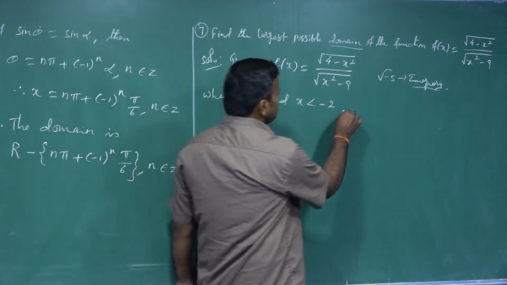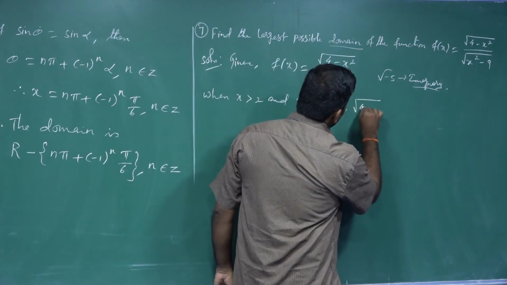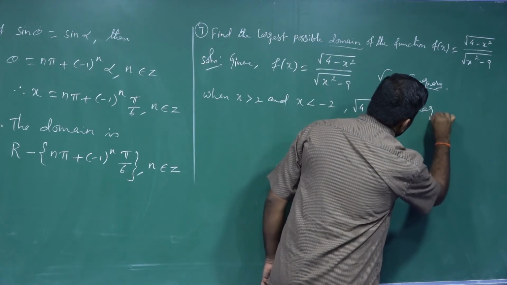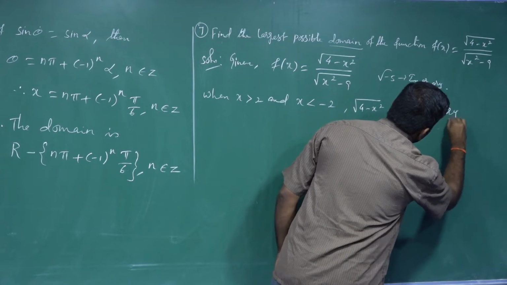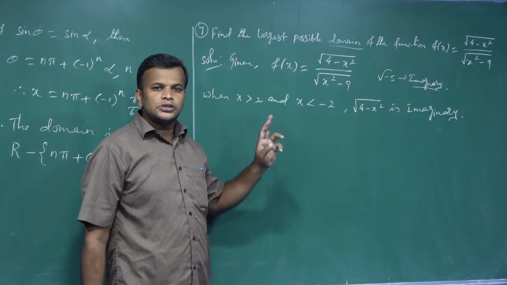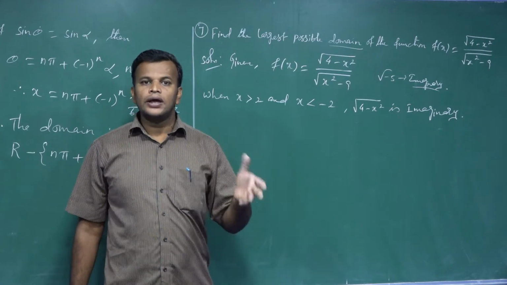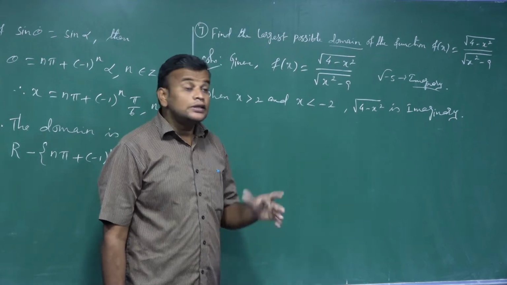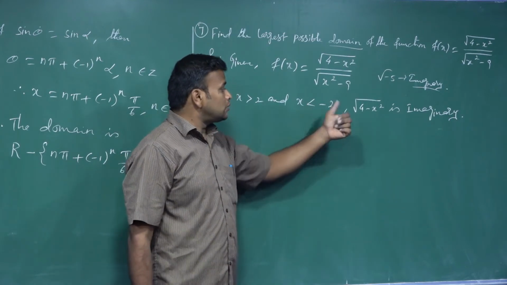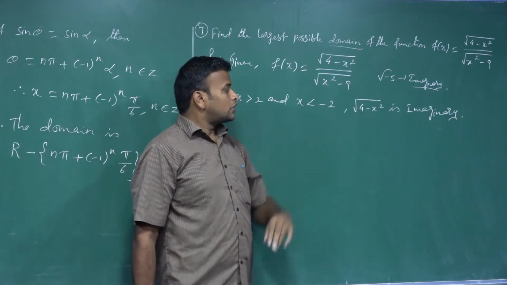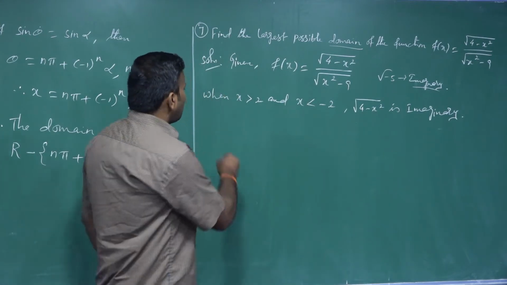All these values make square root of 4 minus x square imaginary. We substitute any value. Now I say x is greater than 2. We substitute the value, it may be 3, 4, 5 like this. We substitute in the numerator, that value is imaginary. In the same manner, when the value of x is less than minus 2, then also the given one is imaginary. Also,